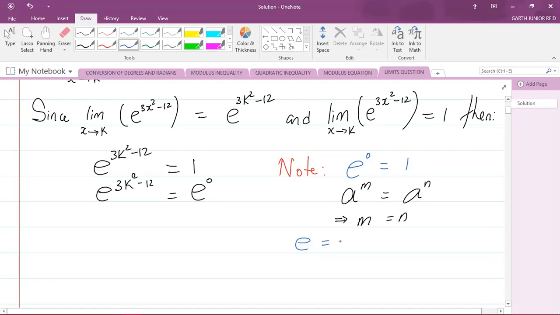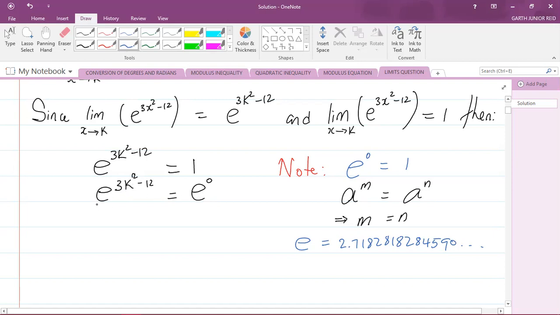Okay, so e is equal to 2.7182818284590 and so on. It is an irrational number. That number never ends. That's what we call Euler's number. So if I know that e to the power of 3k squared minus 12 equals e to the power 0,